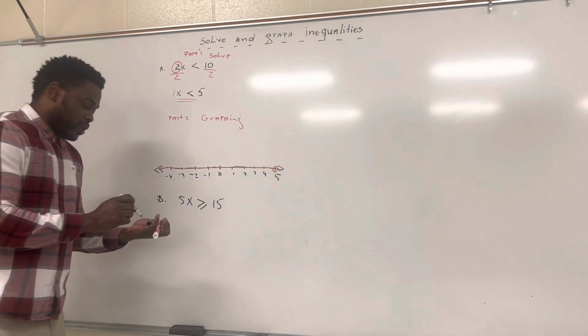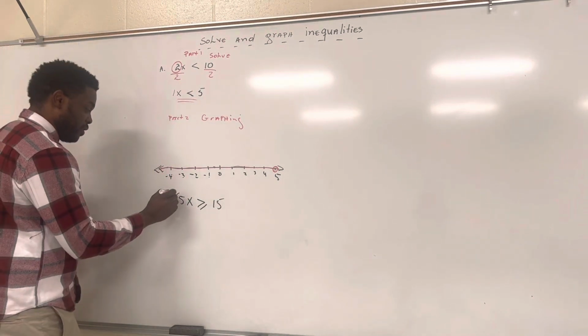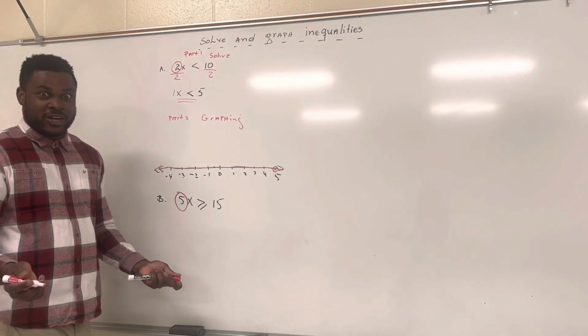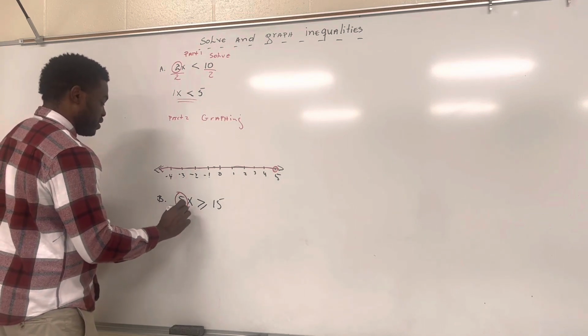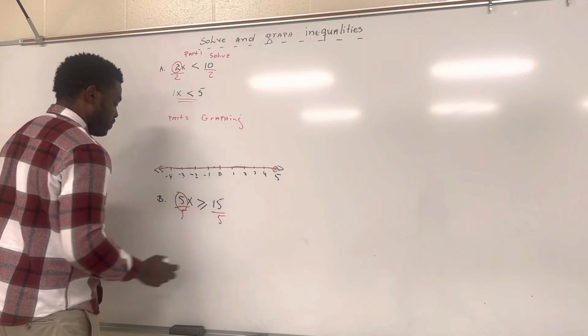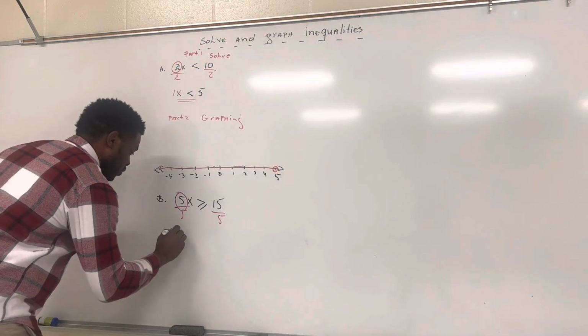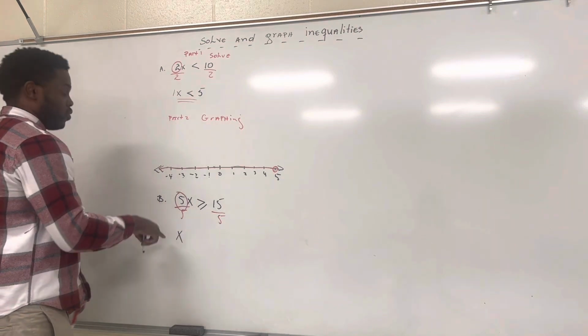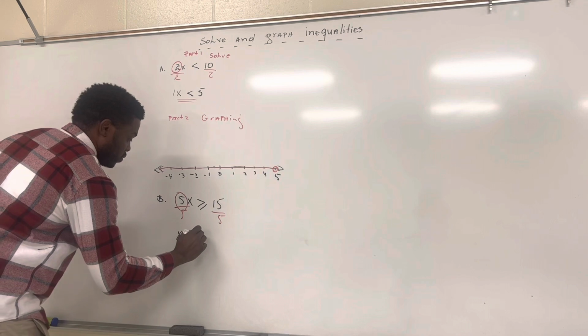Okay, so the way we will solve this one, we will do exactly the same thing. You notice that the 5 is the intruder there. We need to get rid of the 5. So to get rid of the 5, we have to divide both sides by 5. When you divide both sides by 5, 5 divided by 5 gives you 1, and 1 is always there, so we don't have to write it. So it's greater than or equal to